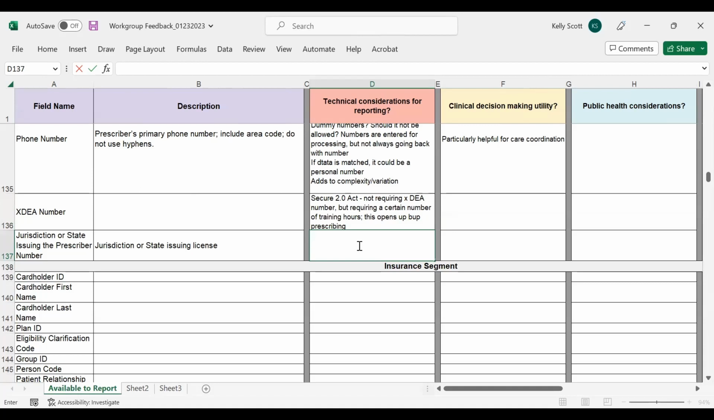Did we discuss whether the prescriber license is useful? Because the way this works is a state requires that the license number of the prescriber be reported. This field is to identify the state of that license. Now, you know the prescriber state because, hopefully, the prescriber address is on the prescription. And so,